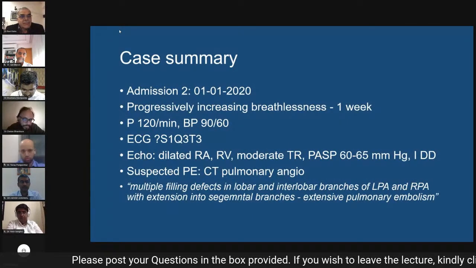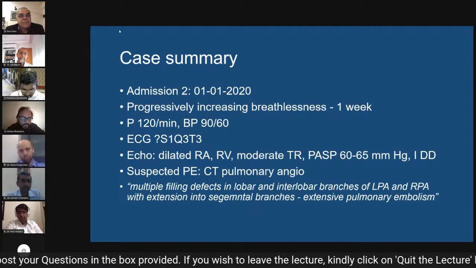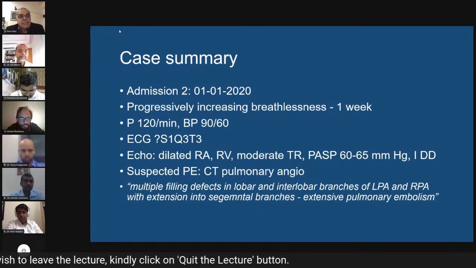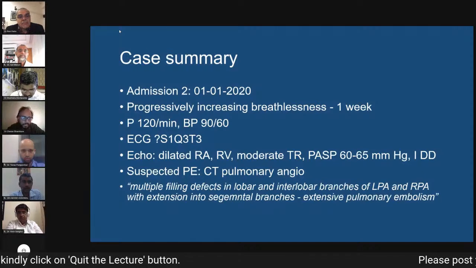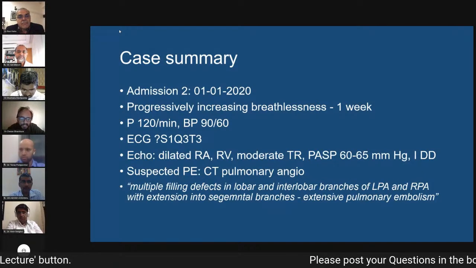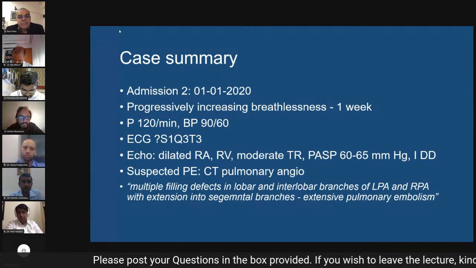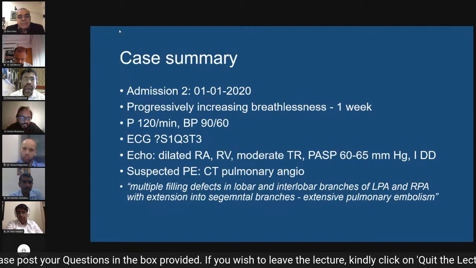He came to me on the 1st of January 2020 with progressively increasing breathlessness since 1 week. When he came to my OPD, his pulse rate was 120, BP was 90/60, and ECG looked like S1 Q3 T3. There were no obvious ST elevations anywhere. So I took him for an echo right away,